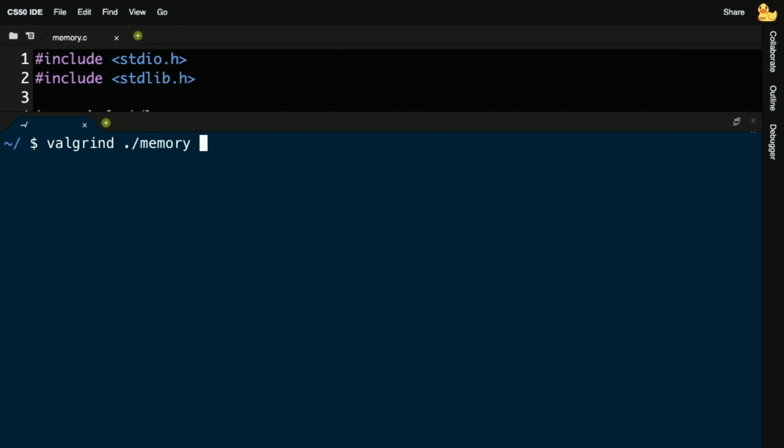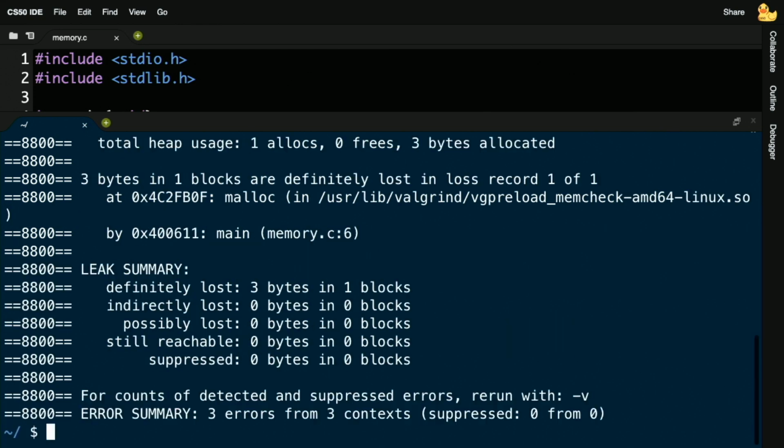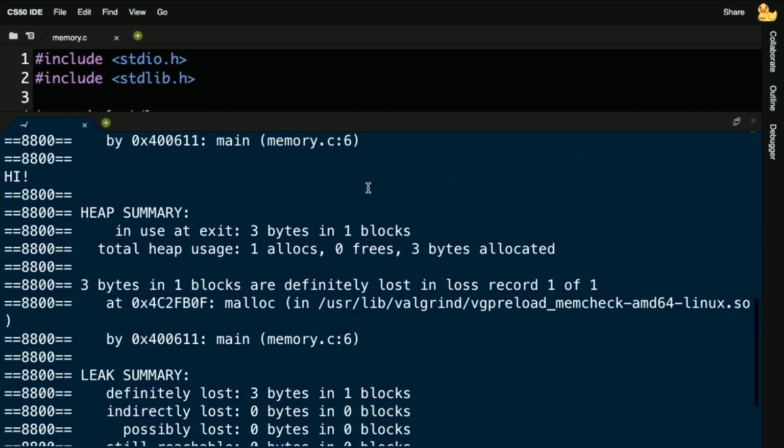So it's just like debug50. Instead of running debug50 and then /whatever the program is, you run Valgrind /memory. This one, unfortunately, is only a command line interface. There's no graphical user interface like debug50. And honestly, it's a hideous sequence of output. Like, this should overwhelm you at first glance. There's crazy crypticness here. It's not the best designed program. It really was meant for the most comfortable people. But there are some useful tidbits we can take away from it.